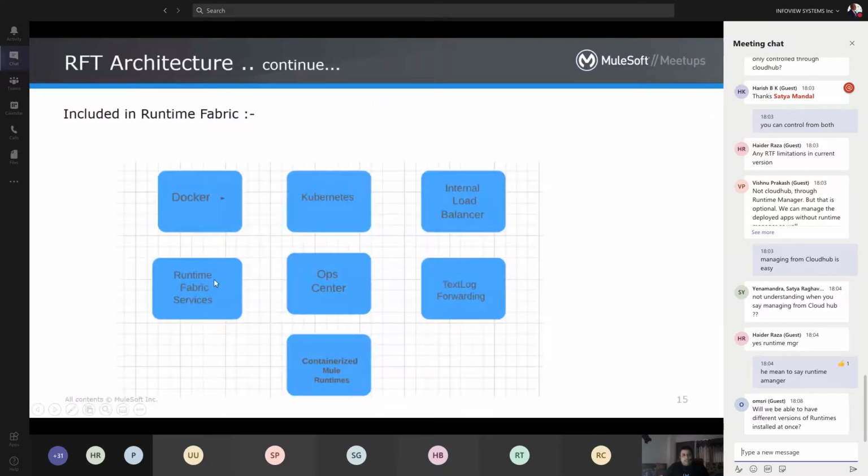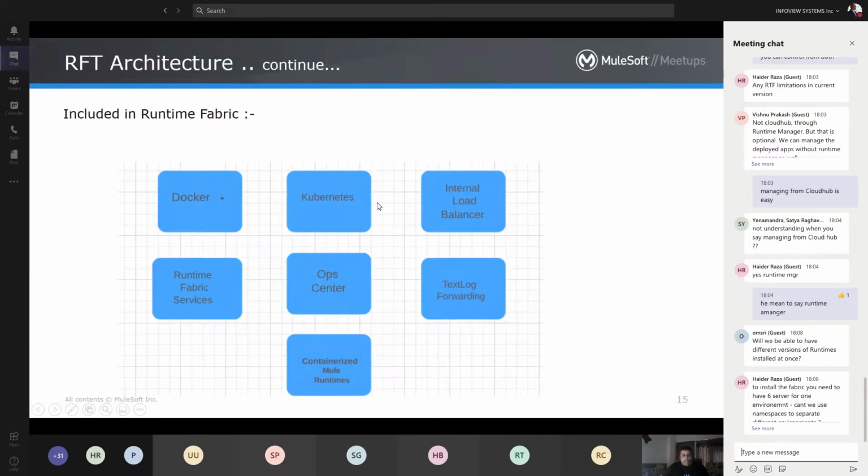So these are the major parts in Runtime Fabric. You can see Docker, like Docker containerizing and preparing the runtime. Kubernetes is managing the platform, with the help of the Ingress. There's an internal load balancer, that is the Ingress itself.